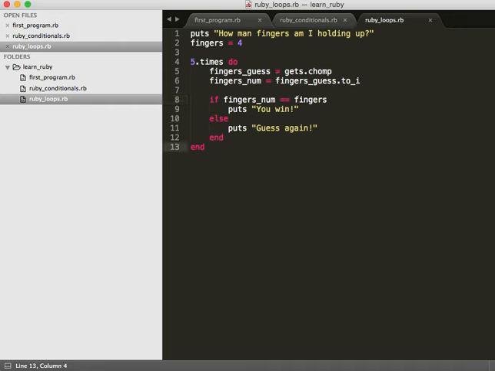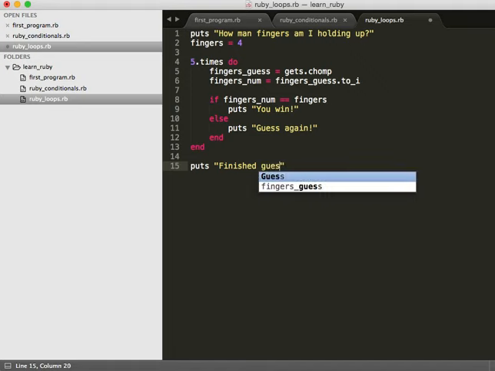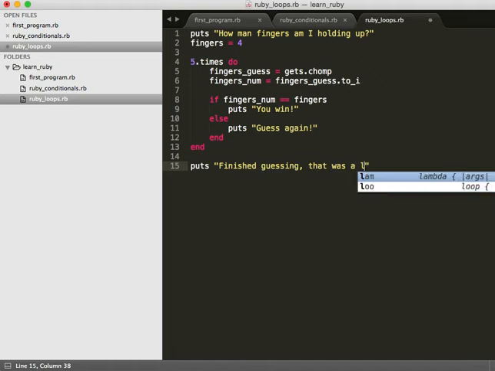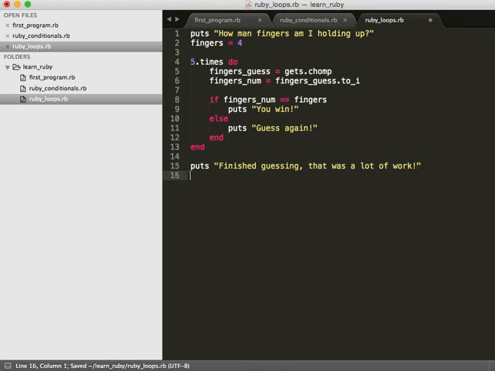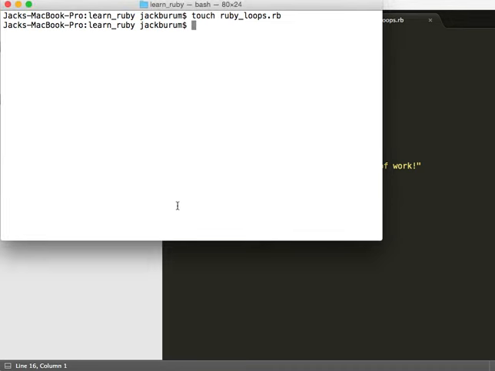And so after we run the loop 5 times, let's have a statement that tells us we're done. Finished guessing. That was a lot of work. And let's just have the extra line. And let's try to run this. So let's ls, see all of our beautiful Ruby files containing some of our cool programs. And let's run